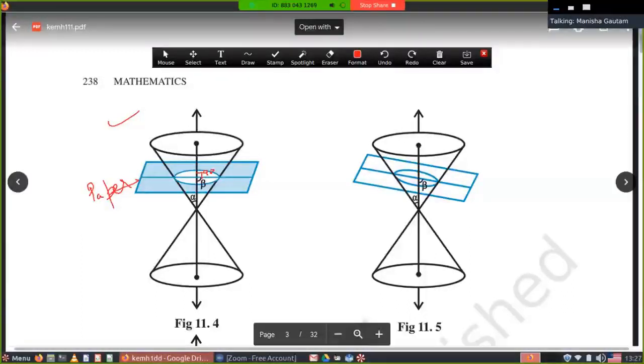You can do this yourself. Make a cone with the help of paper, and cut that cone with a plain knife. What will you get when the knife is perpendicular to the axis of the cone? You get a circle shape. So the first thing we have to study is the circle.